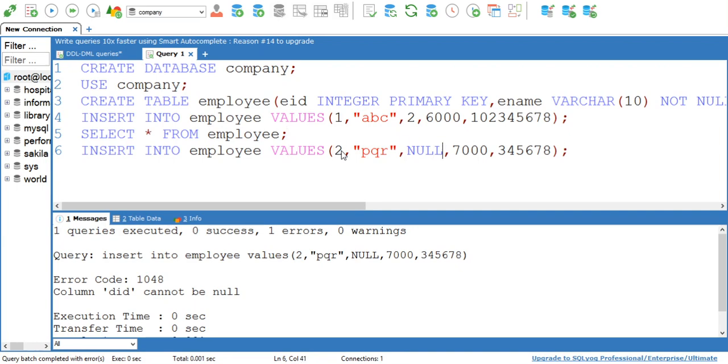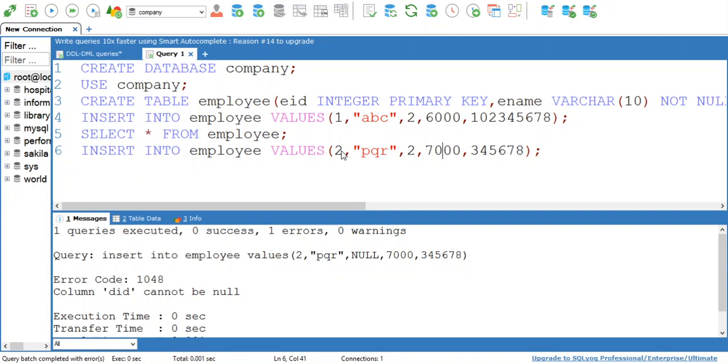Okay, so this is how a constraint gets checked while inserting data or while updating rows. If you try to update data in the table, your system will also check the constraint. Now next, let's take another variation of the same query. We have given a check constraint on salary, that is, salary should be greater than or equal to 5000.